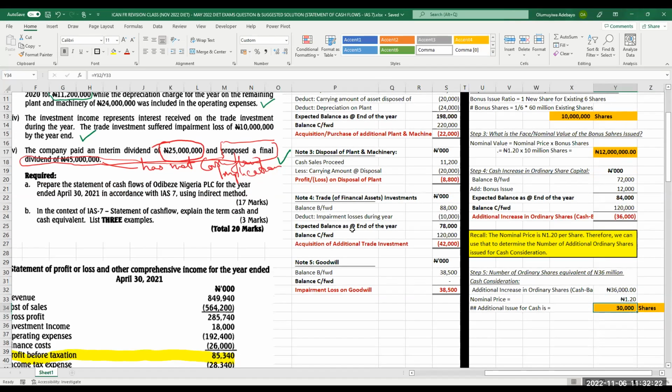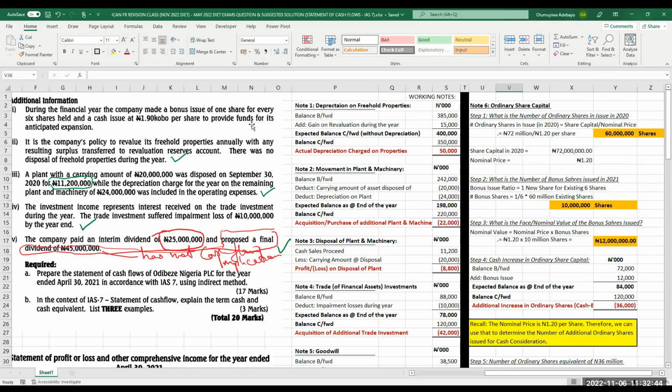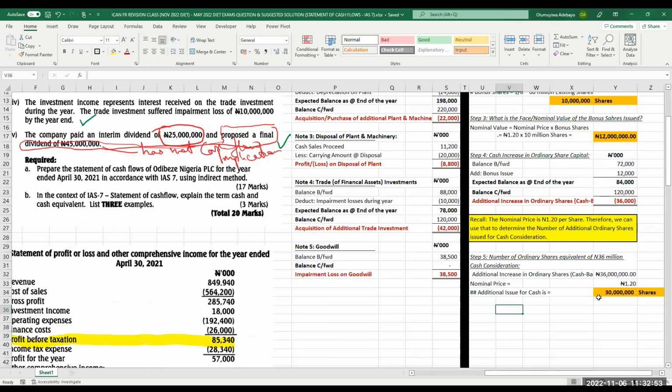Therefore, remember, this is in thousands. Let me just put that 6 million in thousands. Million shares. Now, these 30 million shares, don't forget, there's information here that says a cash issue of 1 naira 90 kobo per share to provide funds for anticipated expansion. Therefore, what does that mean? What it simply means is that